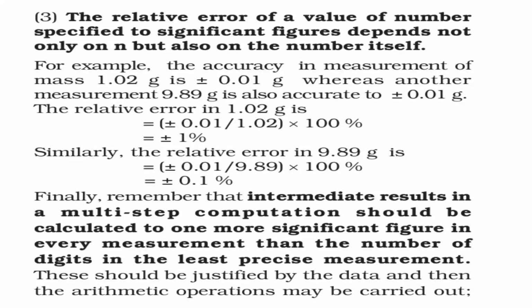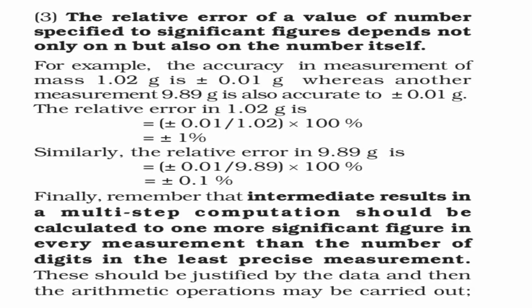The relative error in 1.02 gram is plus minus 0.01 upon 1.02 into 100, and this becomes equal to plus minus 1%. Similarly, the relative error in 9.89 gram is plus minus 0.01 upon 9.89 into 100, and that becomes plus minus